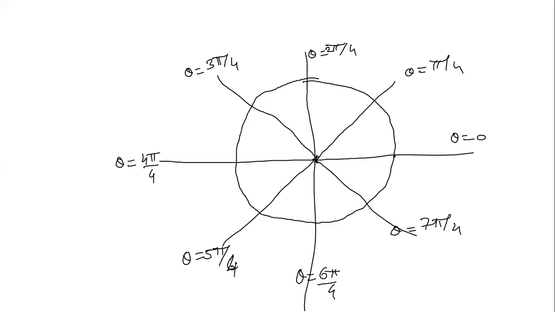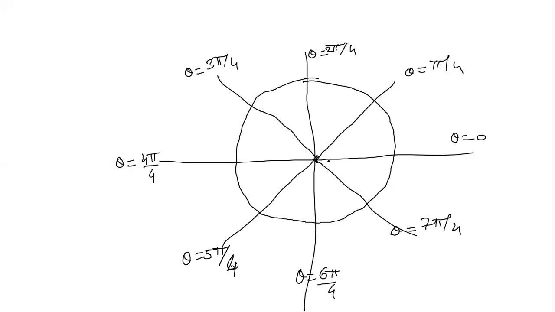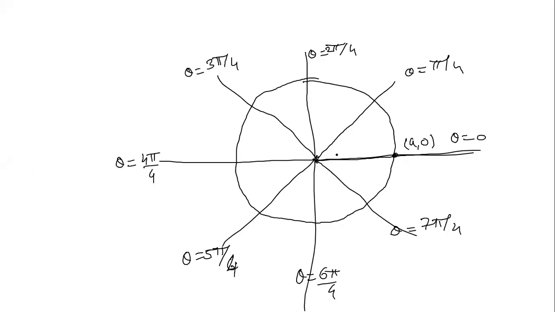Okay. After that, now theta equal to 0 and r equal to a. Theta equal to 0, this is the line, and r equal to a, this is the point a comma 0. Theta equal to 3 pi by 4, r equal to minus a. So theta equal to 3 pi by 4 and r equal to minus a, so in the opposite direction. So this will be,